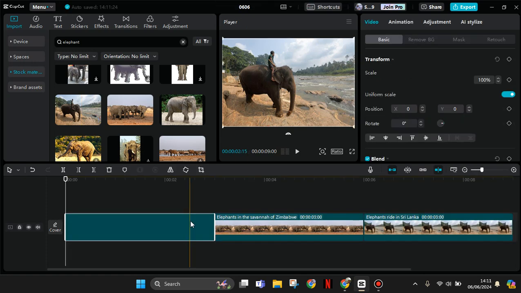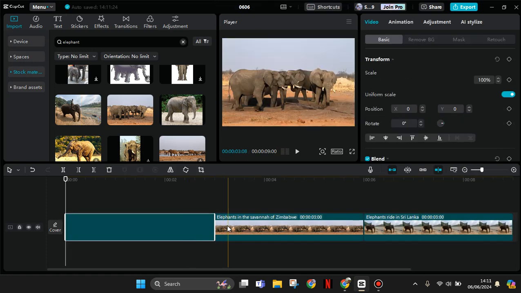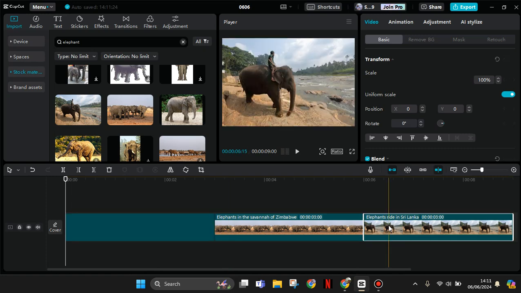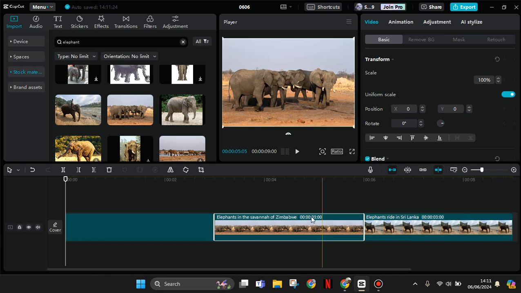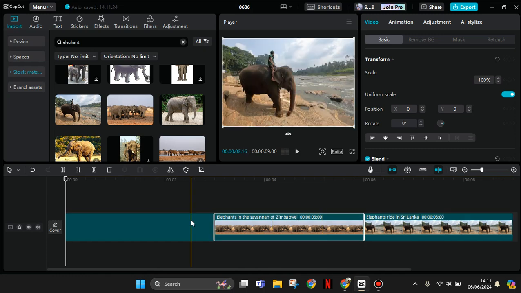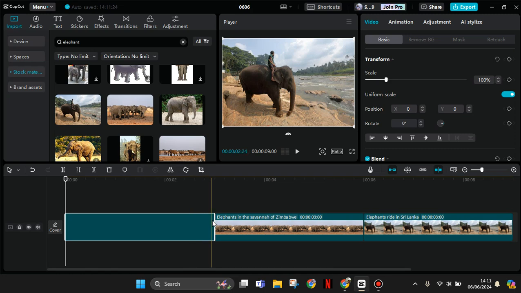It's about elephants. Elephant ride in Sri Lanka, elephant in savannah of Zimbabwe, and people or person ride the elephant. So I want to add transition here. So all you have to do is tap on this transition or click this transition feature at the top, this one,